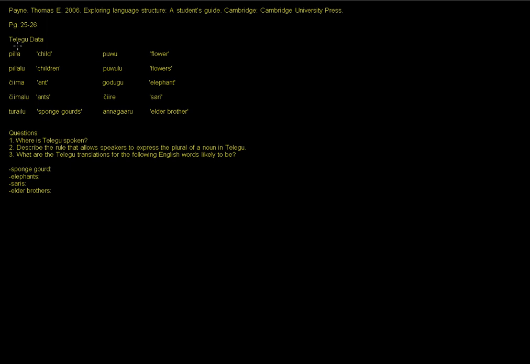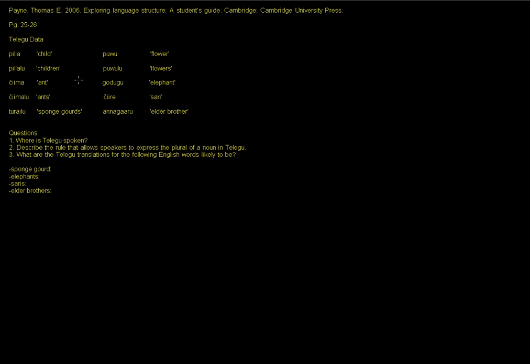So what we have here in this first column are all Telugu words, and then over here in the second column, English translations. The same thing happens in the third column. These are all Telugu also, and then also English translations. Typically when you see these in a book, the actual data from the language you're working on will be in italics. So they're set apart a little bit from the text of the translation, and the translations are always put between these single quotes so that you can